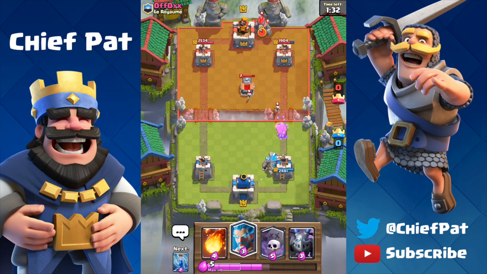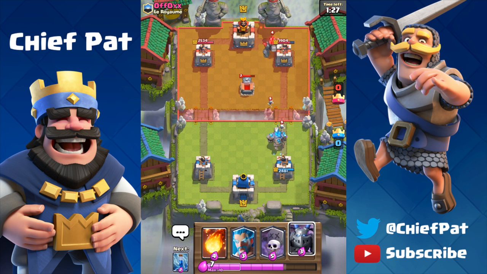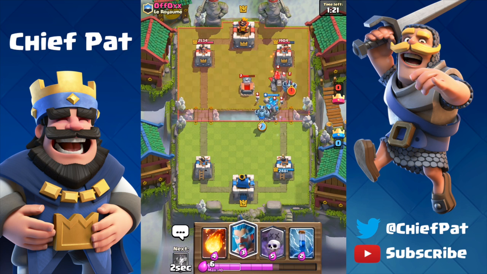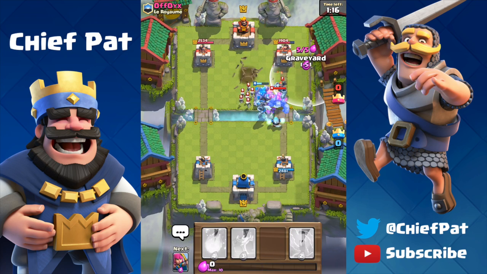There goes his Golem on the top right, and we just need to make sure we don't do anything stupid. We don't have the Lightning spell inside of this deck, which normally we bring with the Golem decks and the Lava Hound decks, but we're bringing the Fireball inside of this one. We could use a Fireball and a Zap to kill all of his supporting units, but that's going to be the same 6 elixir cost